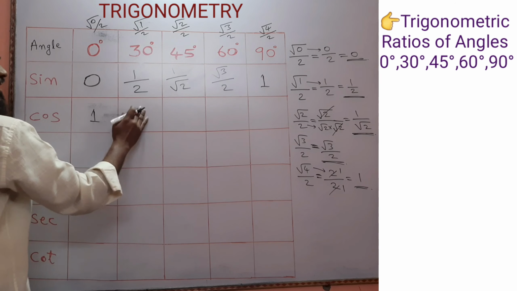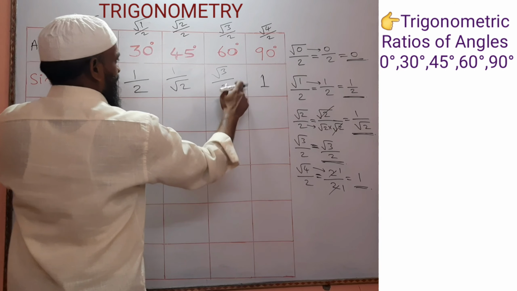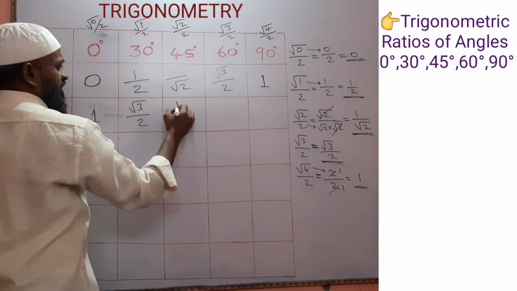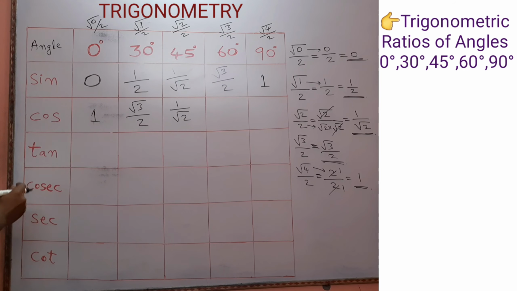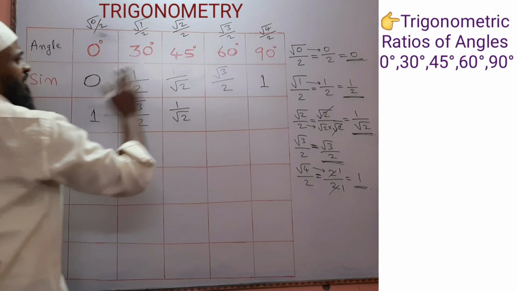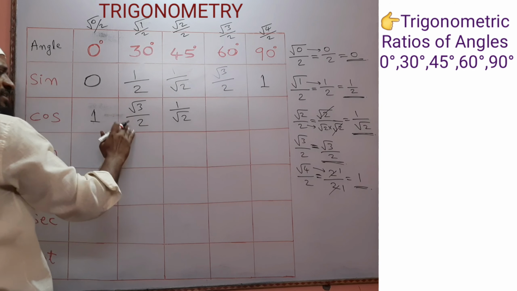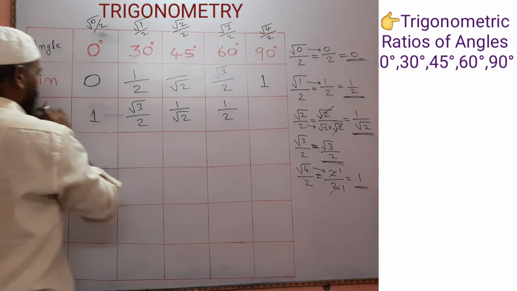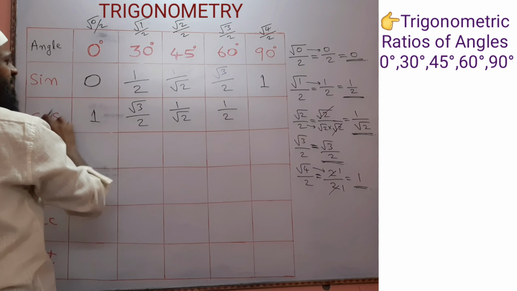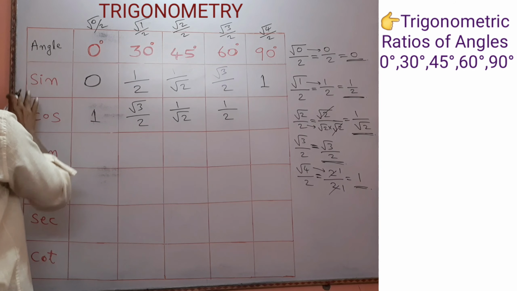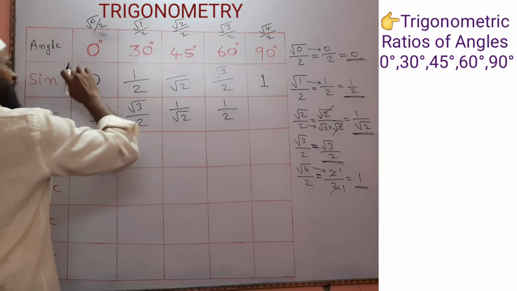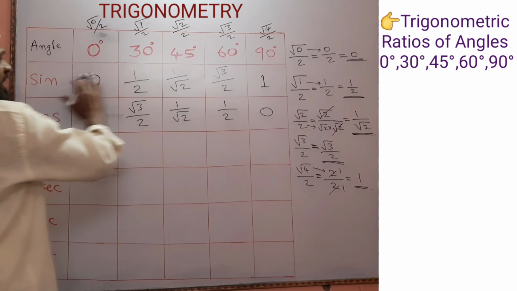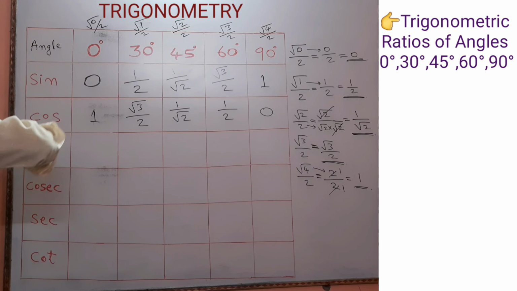For cos 30 degree, take the second from last, sin 60. Next for cos 45 degree, take sin 45 degree, the same. Yes. From last to first. For the last one take first, second last take second, third one take third, and second take second last. This is 1 by 2. So sin 30 degree is cos 60, both are the same. Next, cos 90 is what? This sin 0 is cos 90, both are equal. Very simple. After getting sin values, take cos values from last to first.